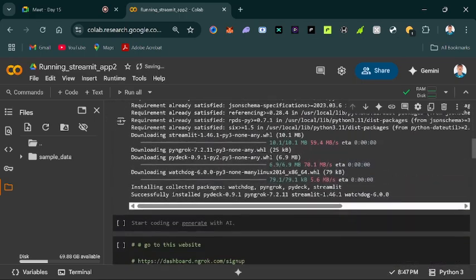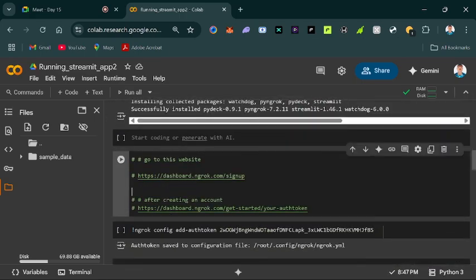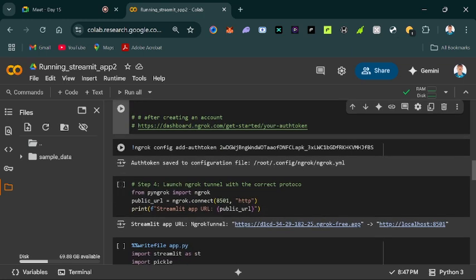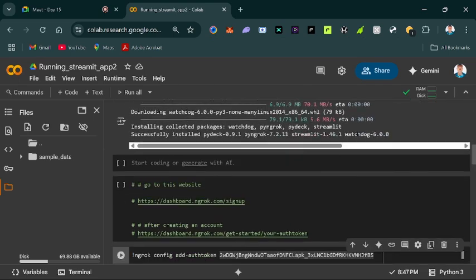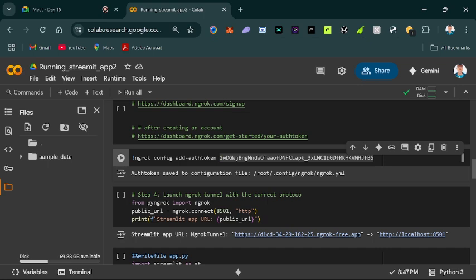Then the second step. In our last class, you remember I told you if you don't have an ngrok account, you need to go to this website link and set up your account, and then you go to this link and get your authentication code. Since I already have an authentication code, I'm not going to repeat this. You are doing this only once in your first code. It's the same authentication key you always use anytime you want to do the work, unless you want to change credentials. So after step 1, I'll just jump to my step 3,